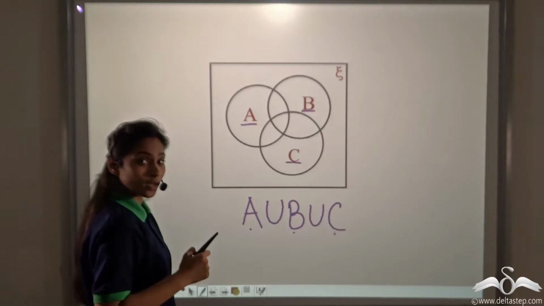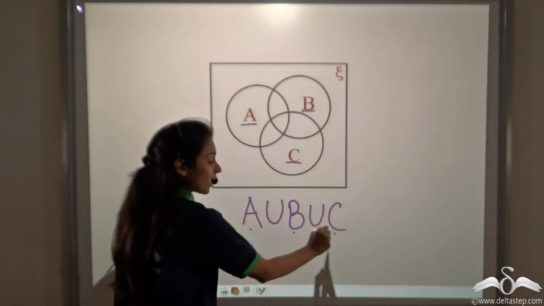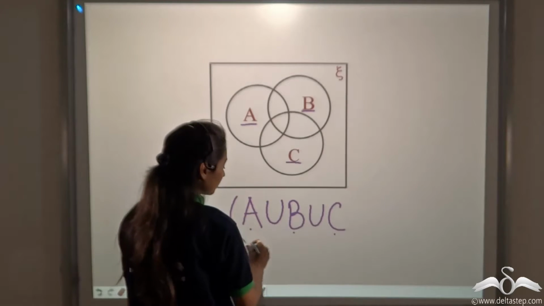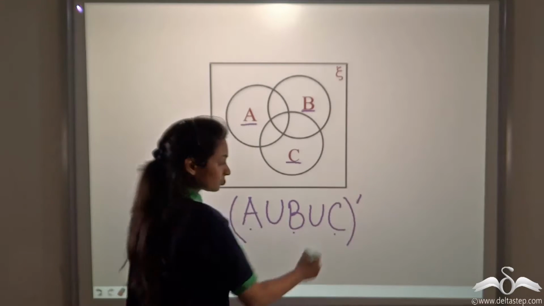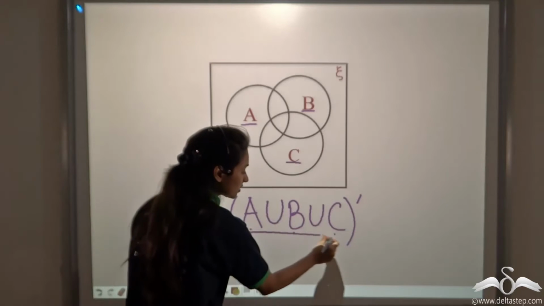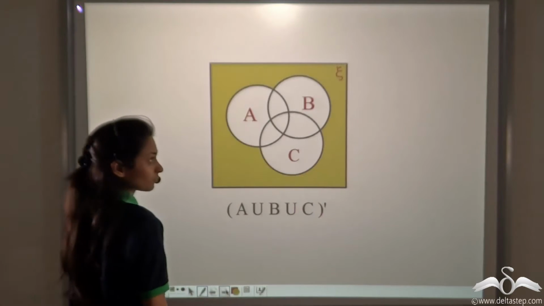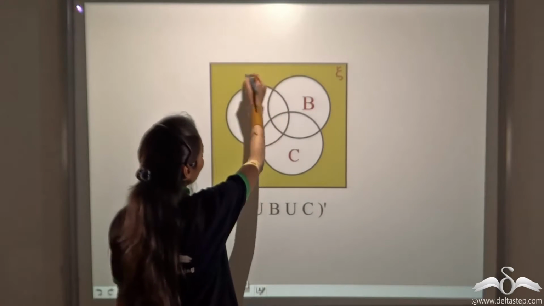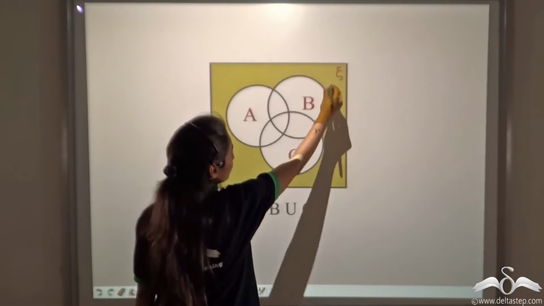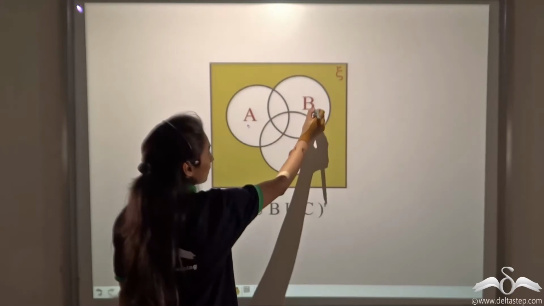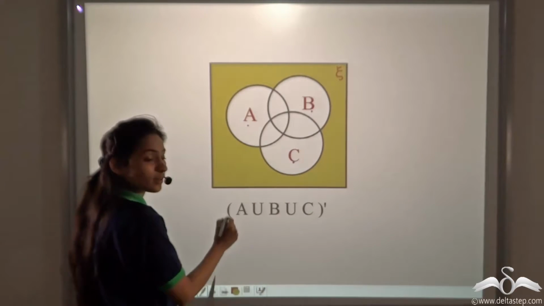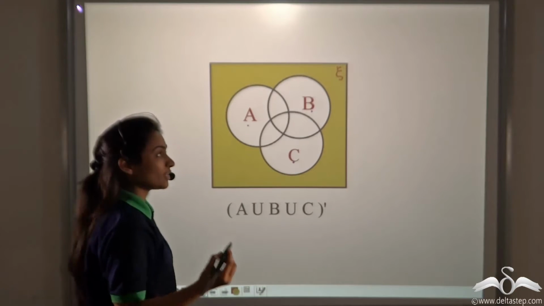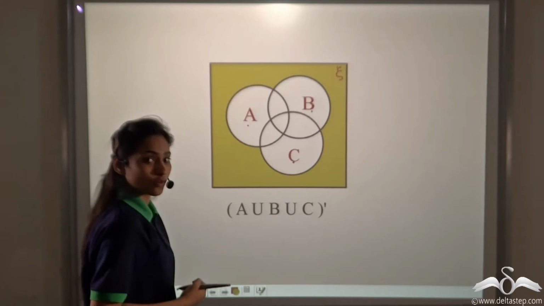Now what she had to find out? The students who did not like any of these. So we can say she wanted to find out this. That is complement of this set. Now taking out the complement of this set, that is the students who did not like either apples, bananas or cherries, would give her the answer. So very smartly she used sets to solve her problem.